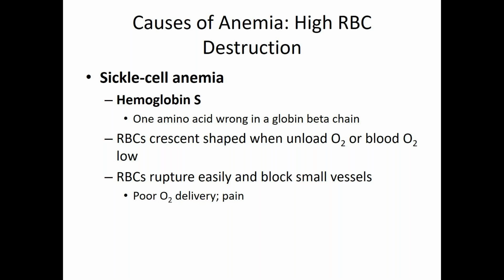And what happens here, the reason that we call it sickle cell anemia, is that we start to offload oxygen, right? As we go around to the tissues and we deposit oxygen where it's required, that offloading of oxygen, the deoxygenating of the hemoglobin, tends to cause the cell to sickle or to kind of form a crescent shape. Okay? And the problem with these crescent-shaped blood cells is that they tend to clump and clog. Right? They catch on each other. They don't slide past each other through smaller passages. They catch and they clump and they block blood vessels. They also oftentimes will easily break as a result of that.